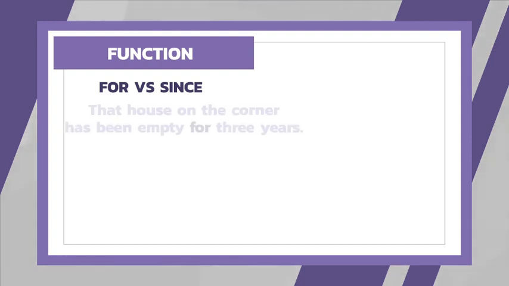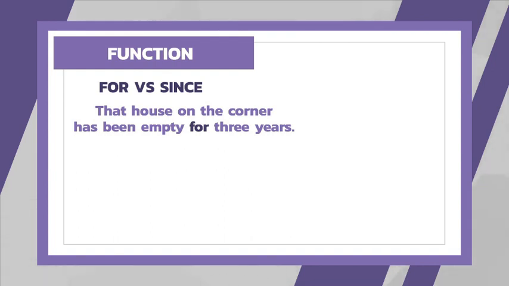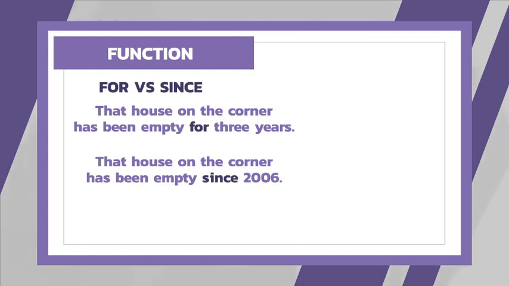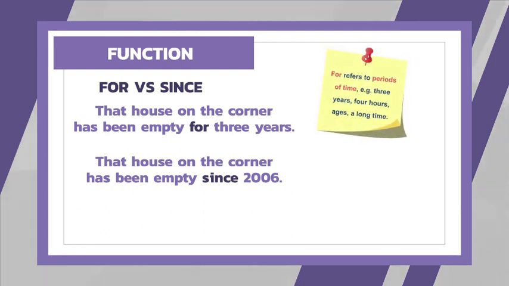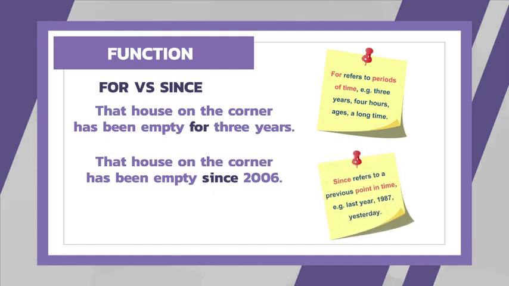Next, for or since. In present perfect tense, you will see two main words, I think, for and since. That house on the corner has been empty for 3 years. That house on the corner has been empty since 2006. Let's compare and tell me the difference between for and since. For refers to periods of time, e.g. 3 years, 4 hours, 4 ages, a long time. เห็นไหมครับว่าหลัง for เนี่ยเราจะตามด้วยเป็น periods of time ก็คือระยะเวลานะครับ ต่อมา since refers to a previous point of time, for example last year, since 1987, since yesterday นะครับ จริงๆคือหลัง since เนี่ยก็อาจจะตามด้วยทำไมครับจุดเริ่มต้นของเวลาที่อยู่ในอดีตนั่นเองนะครับ